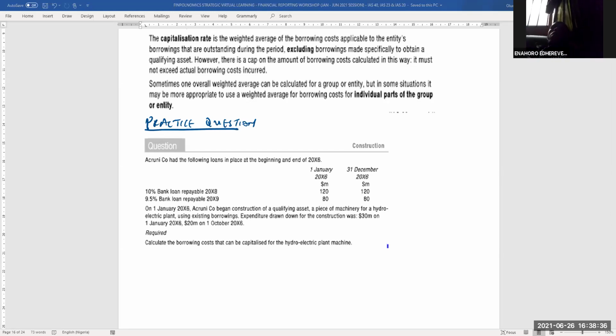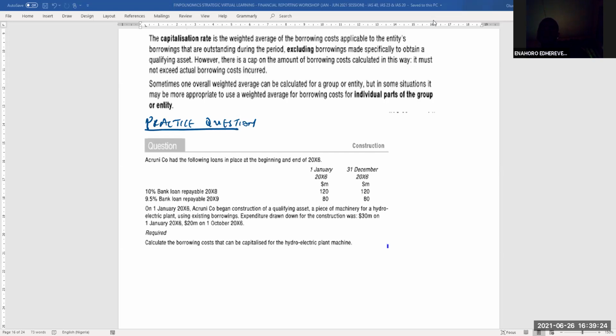Acronico had the following loans in place at the beginning and end of 20x6. So we have 1st of January 20x6 and 31st December 20x6. 10% bank loan repayable 20x8. 1st January, you have 120 million, 31st December, still 120 million. 9.5% bank loan repayable 20x9. 1st January 20x6, we have 80 million, and 31st December, we have